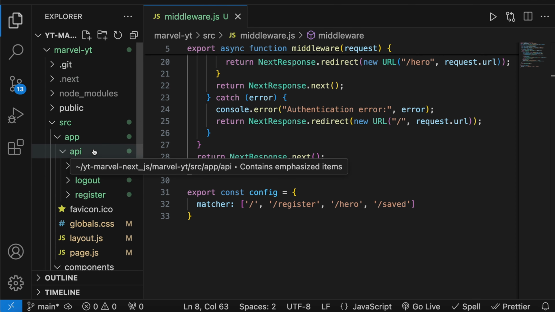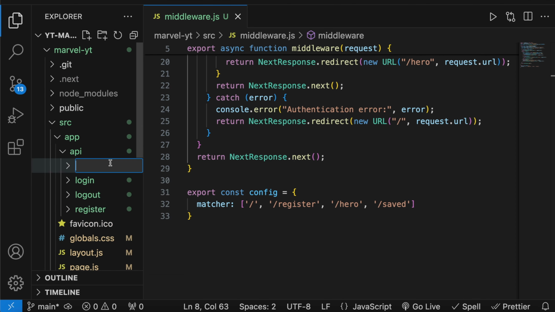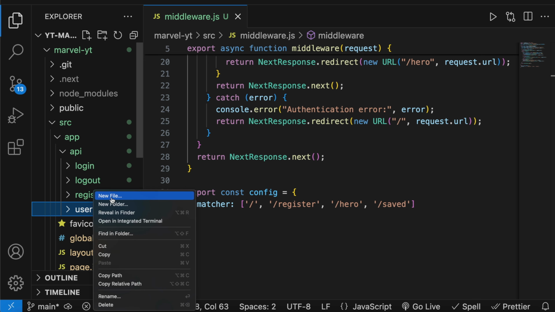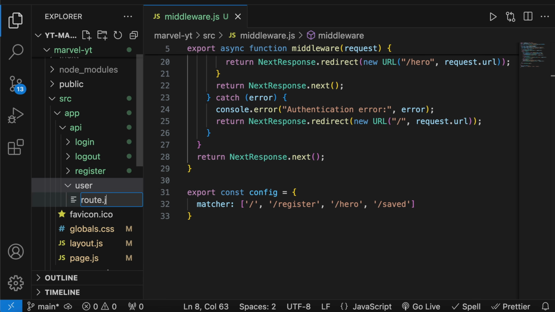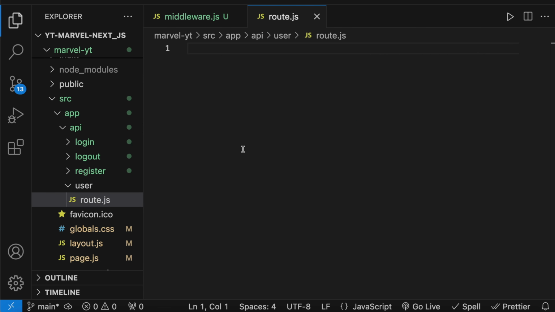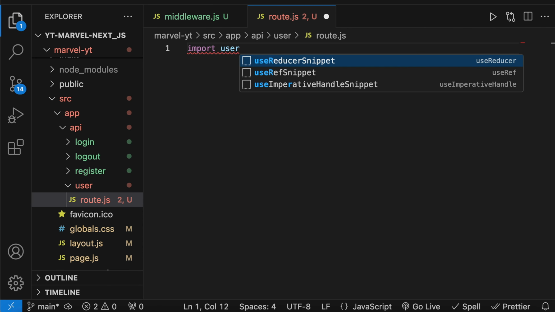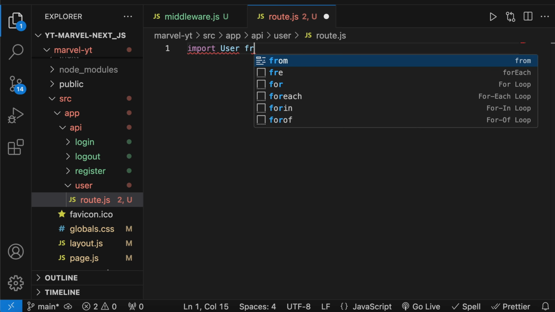So within API, we're just going to go ahead and click new folder. And with this new folder, what we're going to have is the user. So we're going to call this user. And with user, we're going to have a new file called route.js. So within route.js, what we want to do is import our user from